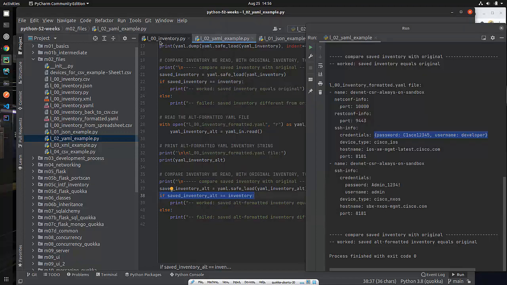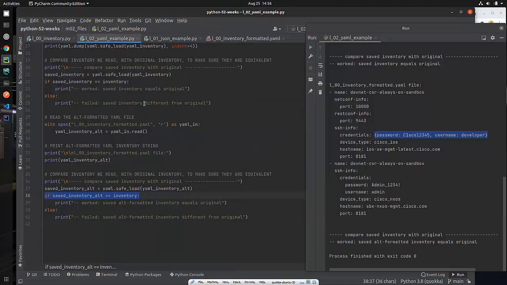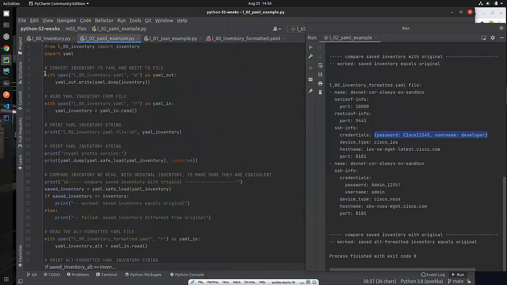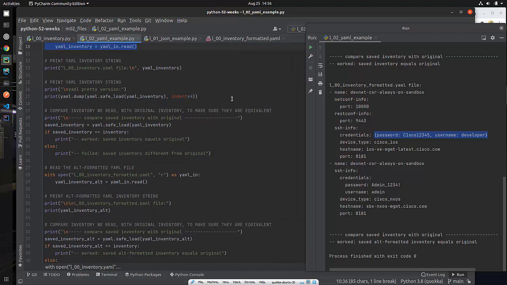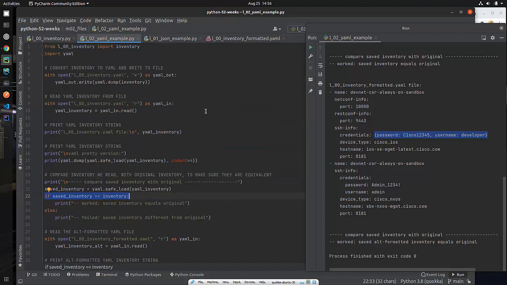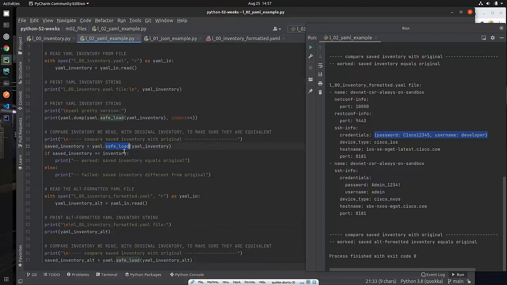The code that we were looking at looks something like this, basically the same as before. We open a file for writing, we write out this inventory data, and then we read it back in. The crux of this whole thing is that we load the data that we read back in, and we compare it with the original. When we wrote it out, we did a dump. When we read it in, we did a safe load,